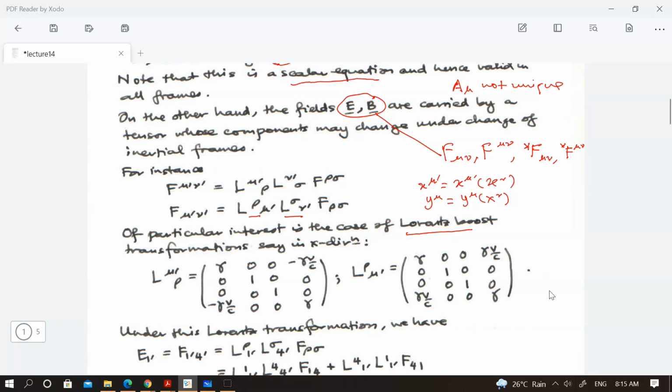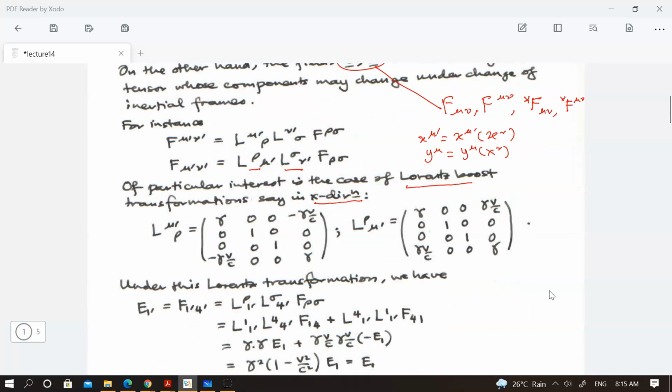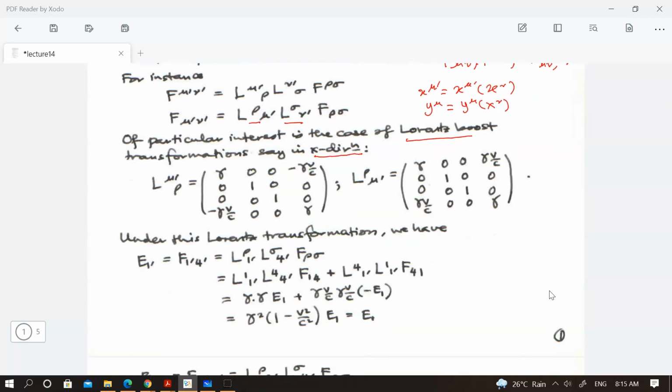So let's consider a particular case, the Lorentz boost transformation in the x direction. If we go back to the lectures on transformation, we know that